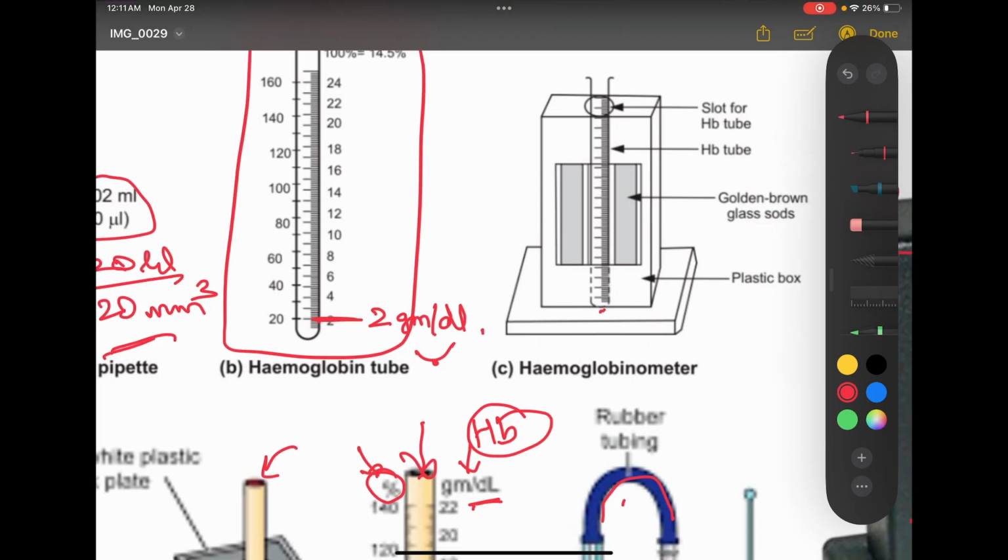Now the next thing that you will do is take your pipette. For example, this is your hemoglobin pipette, and till here is the marking of 20 microliters. The 20 mark is over here. And see how you are supposed to do the pipetting. Always